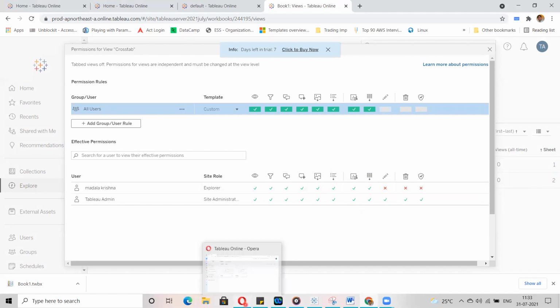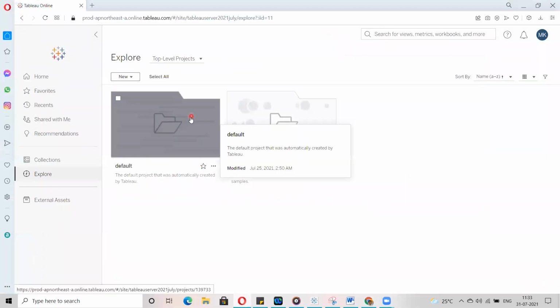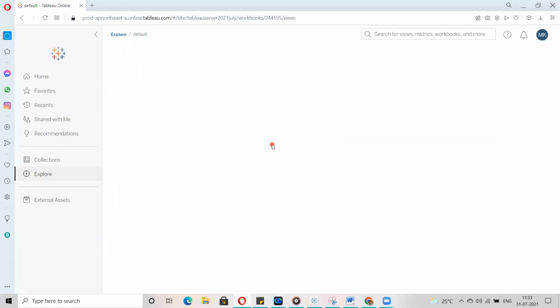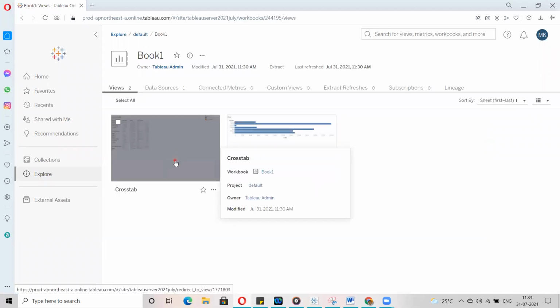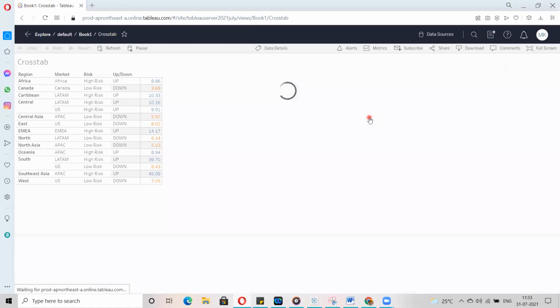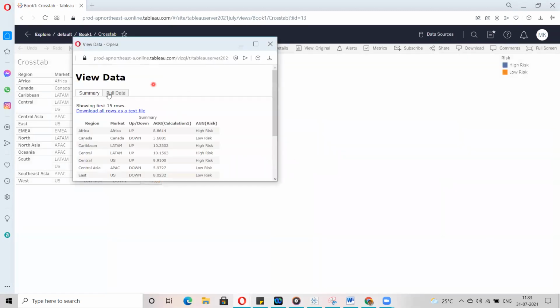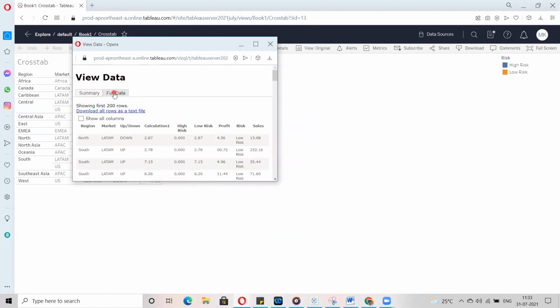Now I go to the user Madala Krishna, in the default project, this Book1 workbook, and here the crosstab. I click on the crosstab. If you go to the download option and click on data, you can see we have summary data and full data. Now I want to disable the full data option for this user. This is a view, right?